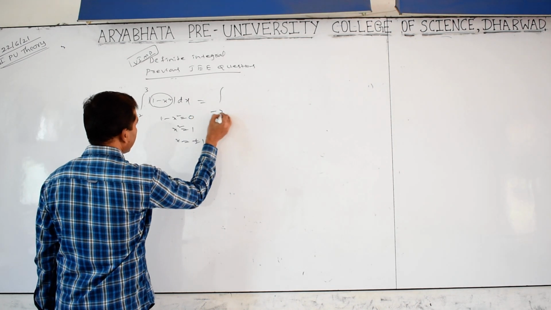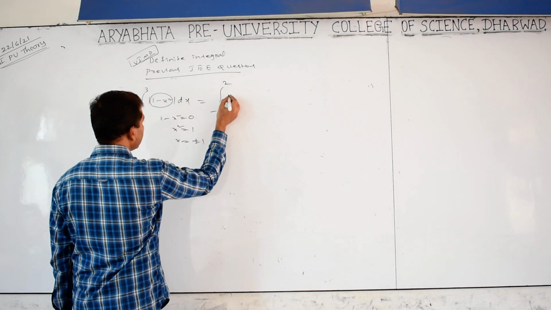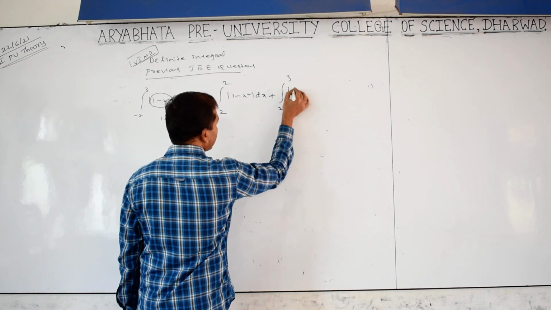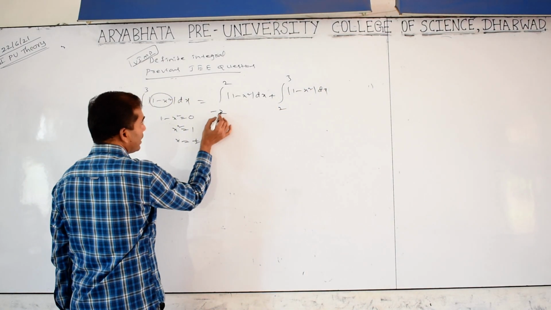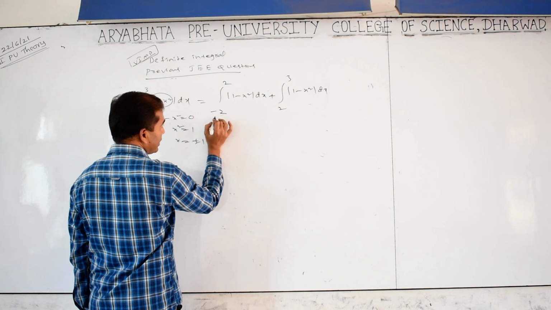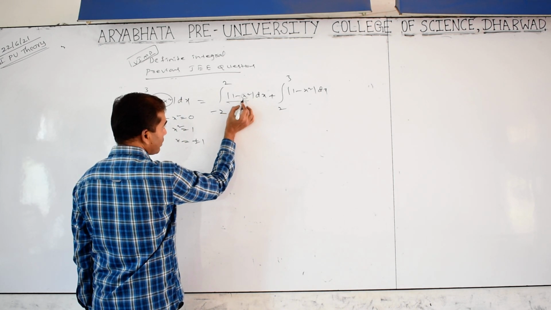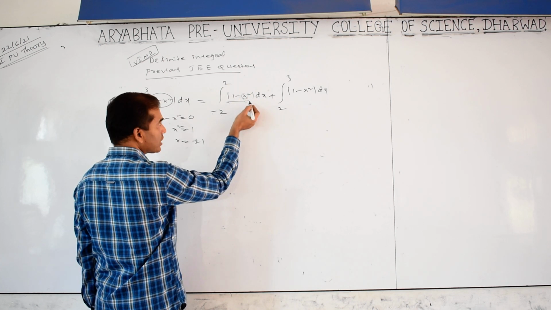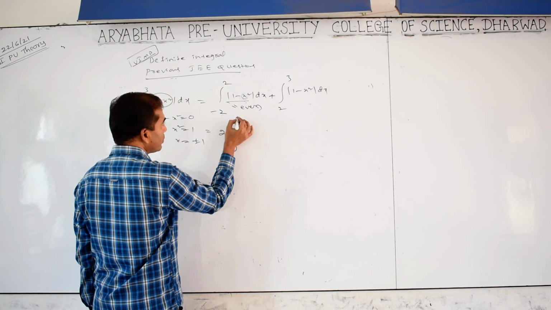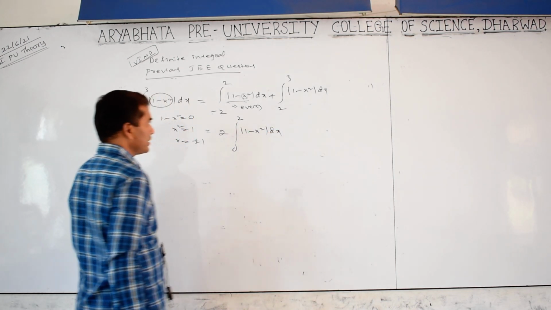So we have to split minus 2 to, let me verify like this whether it is even or not. Minus 2 to plus 2 mod of 1 minus x square dx plus 2 to 3 mod of 1 minus x square dx. Let me verify. Here both are the same interval, same limits and having opposite sign. Then let me verify whether it is even or odd. Even, because in place of x we write minus x whole square, which is plus x square only, so it is even. If it is even, we can write 2 into 0 to 2 mod of 1 minus x square dx.